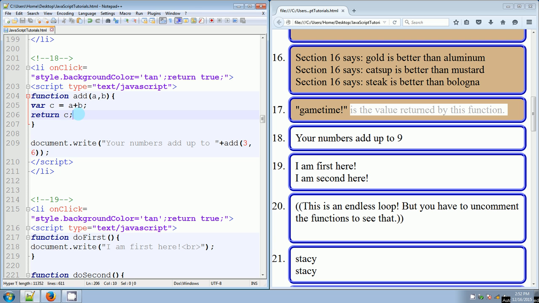Now, again, this isn't doing anything. This is just giving us instructions. So here we're using document.write again. We're going to call this add function. First, we're going to write the string. Your numbers add up to, that's in double quotes, plus here we're going to concatenate it to, and this is how we call the function right here. The word add, which is the name of the function, and then the parentheses where we replace a comma b